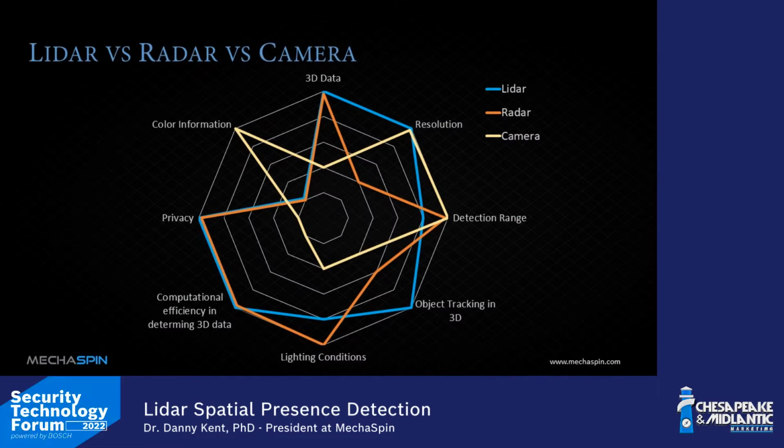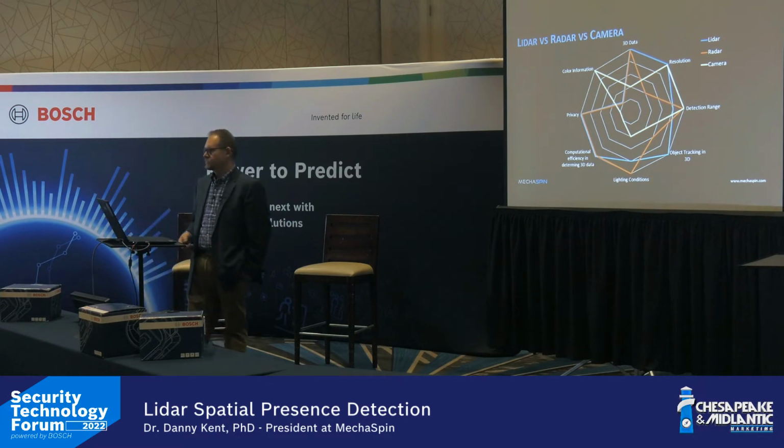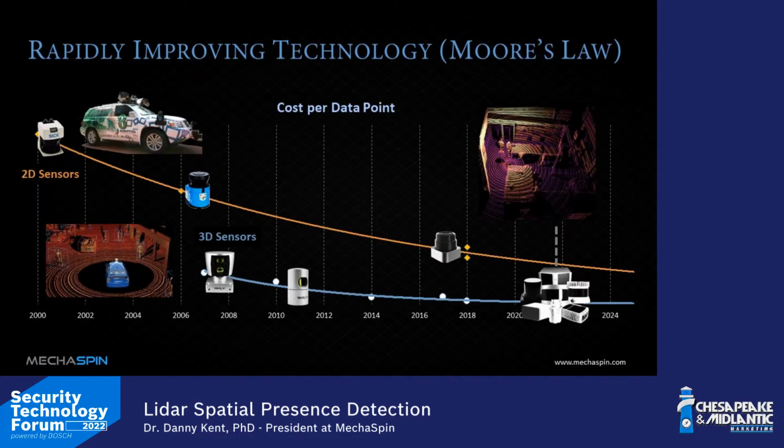And resolution is pretty much equivalent to cameras nowadays. I can get imagers that are 320 by 240 or 640 by 480. So essentially low-end cameras, right? The other interesting thing, and the reason that I personally got into this space, is that LiDAR was traditionally, as